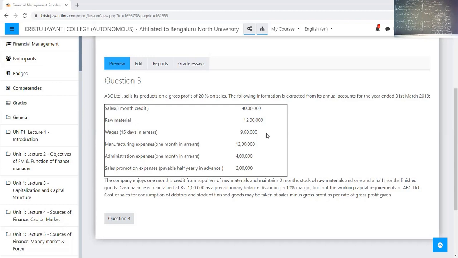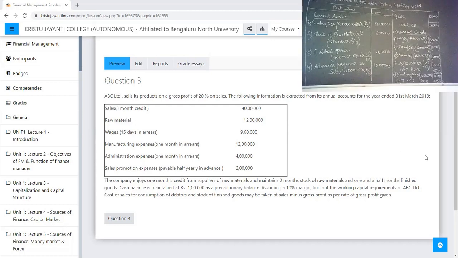Have you all understood? Any doubts in today's class? The final answer, I mean, working capital required is 13,20,000 plus